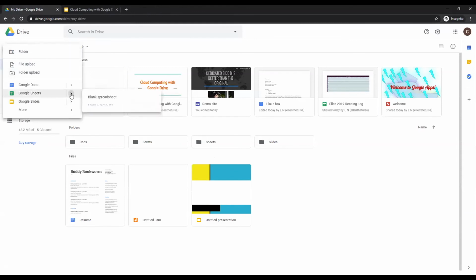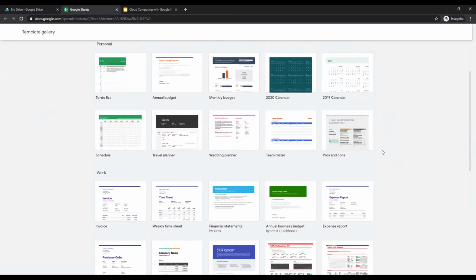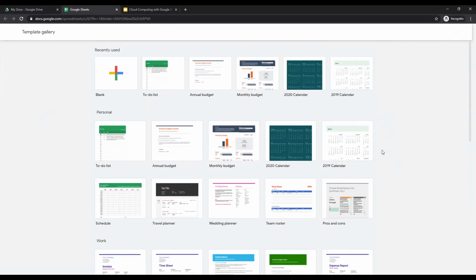So, Google Sheets actually might be my favorite out of all of these, because they have all of these great templates that make it so easy to use the wonderful things that are a part of Sheets or Excel or anything like that, without having to do a lot of work to learn how to create the different equations and things to make that work. So if I just wanted to get a budget going, I could click on this budget template,